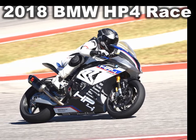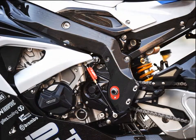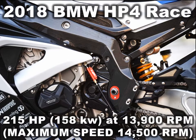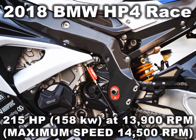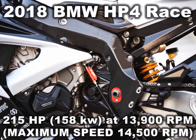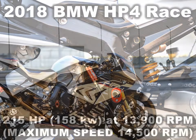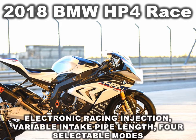One last note, the HP4 Race's engine has a 5,000-kilometer limit before it needs to be exchanged for a new motor at a cost of €17,000. But, while this is an onerous fee, one needs to consider how long it will take to rack up those 3,100 miles of track use. To those who can afford $78,000 for the bike, perhaps the charge for an engine change won't fully drain their